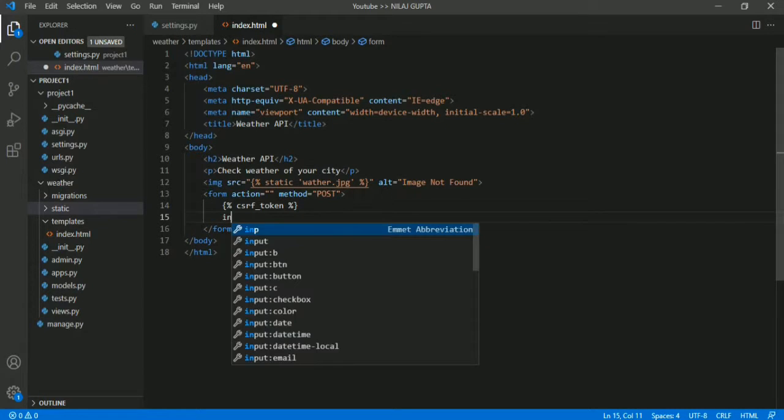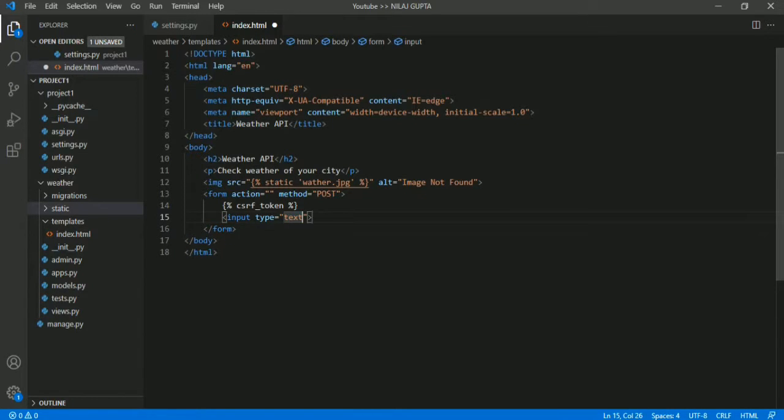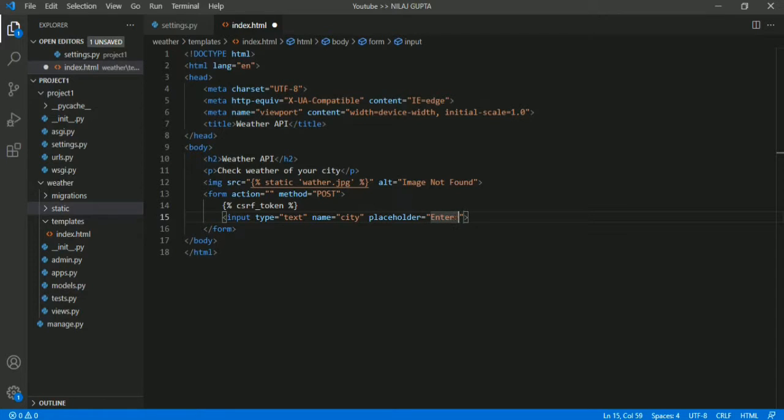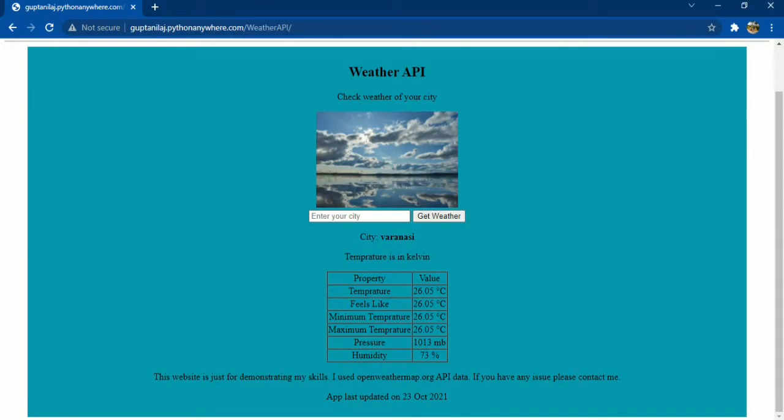And now the input, name it city, and placeholder, enter your city. Now let's create a submit button, type equal to submit, with the text get weather.